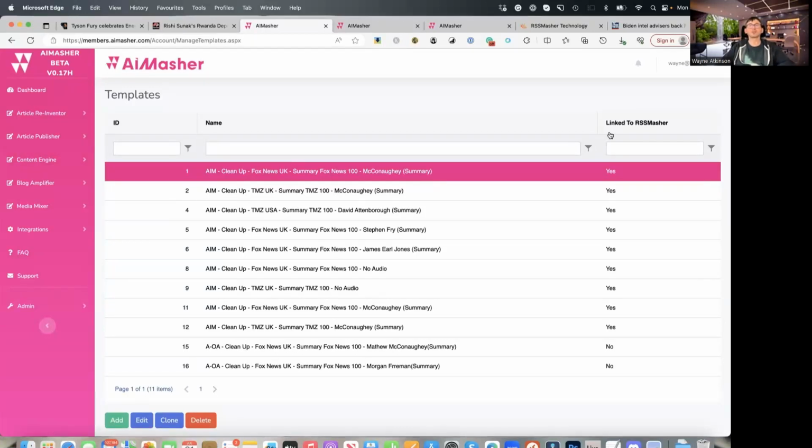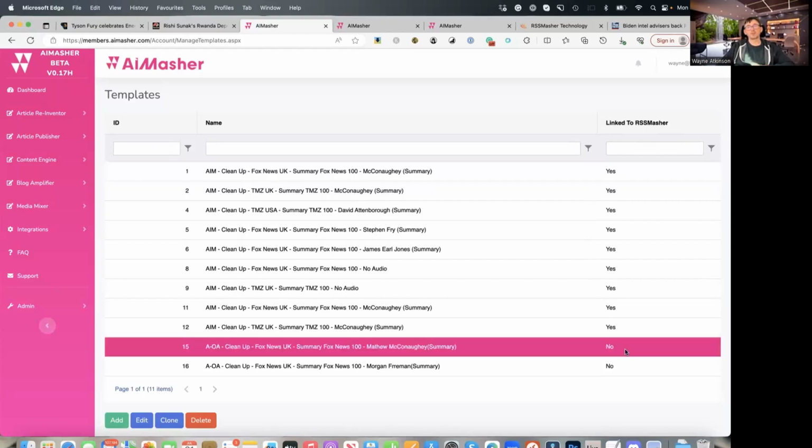Now you'll notice there's a column here called linked to RSS Masher. You'll see that these two at the bottom say no. So what we've done is we've linked RSS Masher and AIMasher together. And before I show you the magic of why, let me show you something that we've got in here called